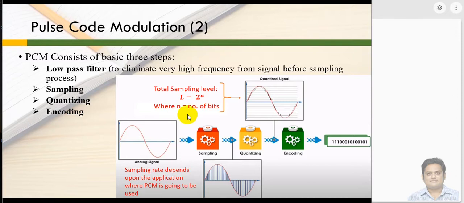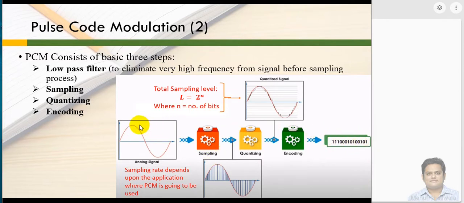So let us quickly see what all these three steps are doing. Basically this is going to be your analog signal which you want to transmit, right? This is your original data. Now let's say you are speaking on a phone, so you are generating voice signals. As we already know, a voice signal is nothing but an analog signal. There will be an encoding circuit available in your phone, which is going to convert this analog signal, whatever voice signal you have generated, into binary form, right?